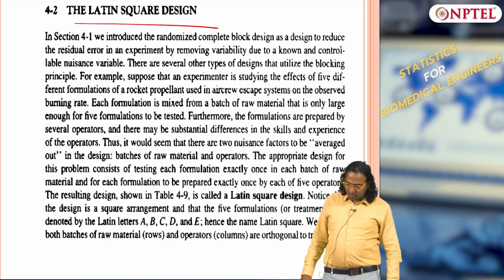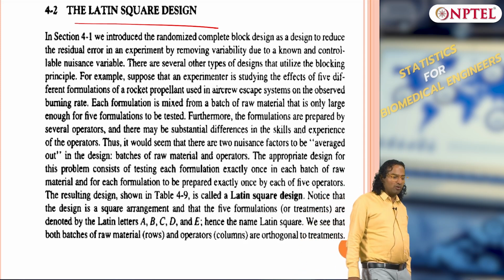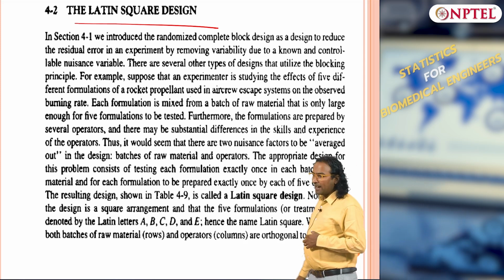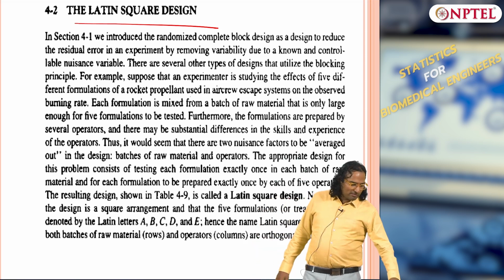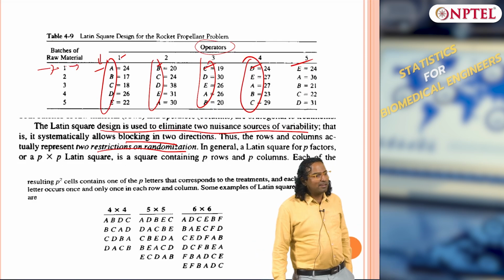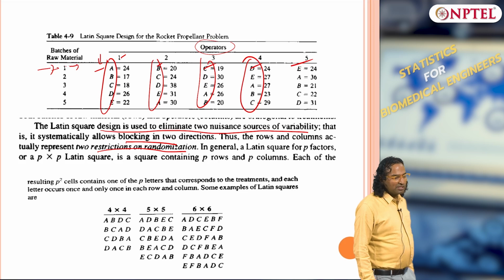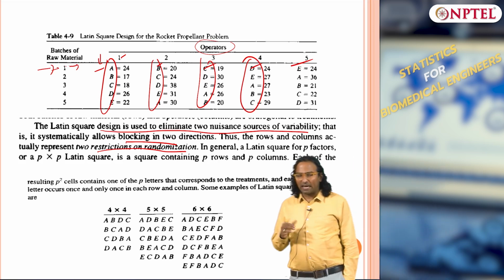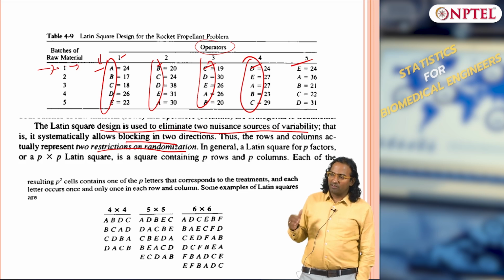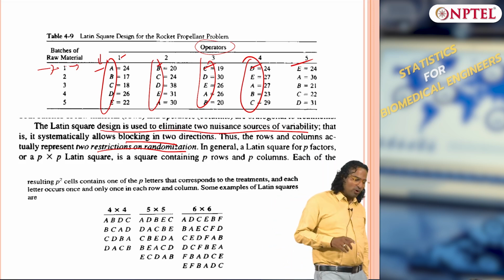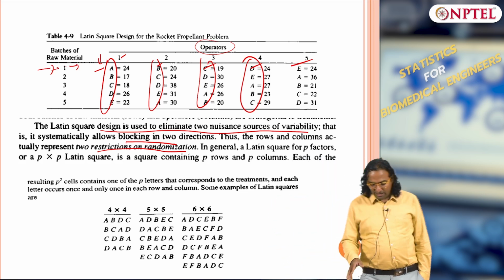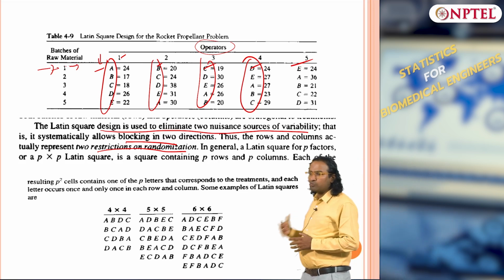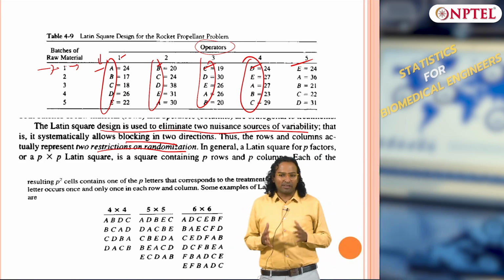So in the last class we just started talking about the square design, which is what we call the Latin square design, where we are talking about 3 variables. Mind you, so far we have not talked about interactions. We will do interactions after this, and we will start with them slowly, but the idea is to include as many independent components as possible. These are independent variables, right.